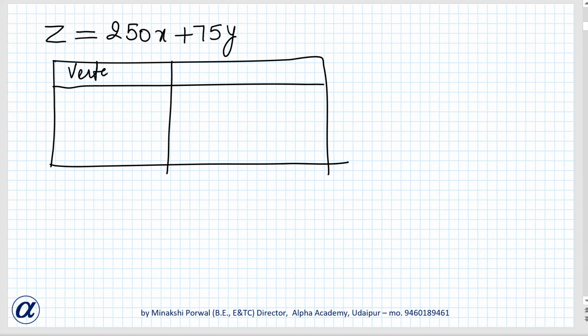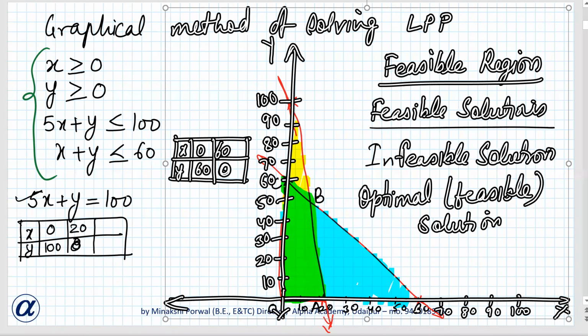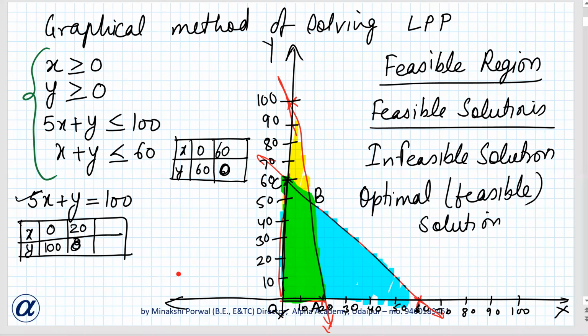Okay, so vertex of feasible region, and value of z. So O, C, B and A. These were the points. Now O is actually the origin. तो O को तो find करने की जरूरत नहीं है. O we know that is origin.